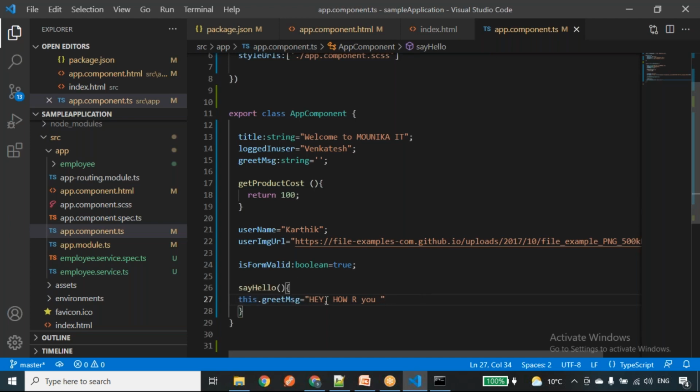In the declaration, sir. Okay, greet message after the exclamatory symbol, like this. It's right, sir. Yeah, it is right. We can consider this as an optional kind of thing. It will work also. Okay, sir. Thank you.